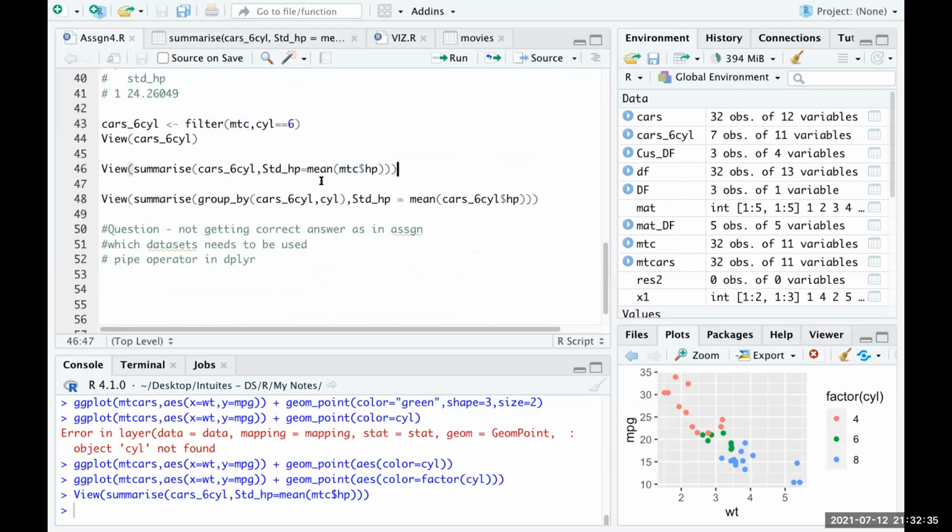So I got confused. Which one should I use, this data set or the main data set? No, which question are you asking about? The six cylinder one? Yeah. I'm just opening that question up.